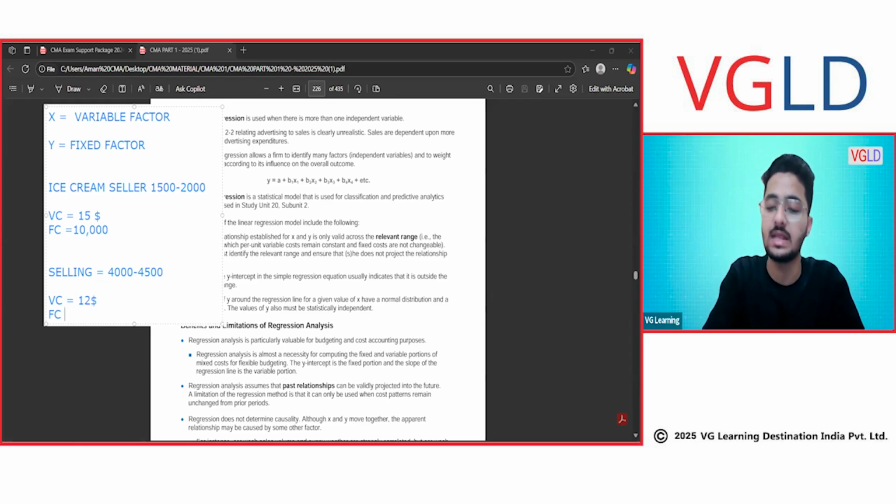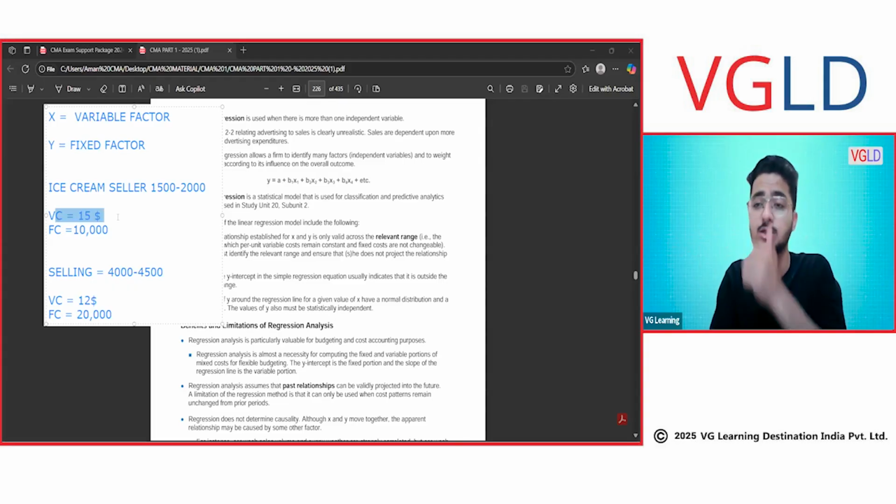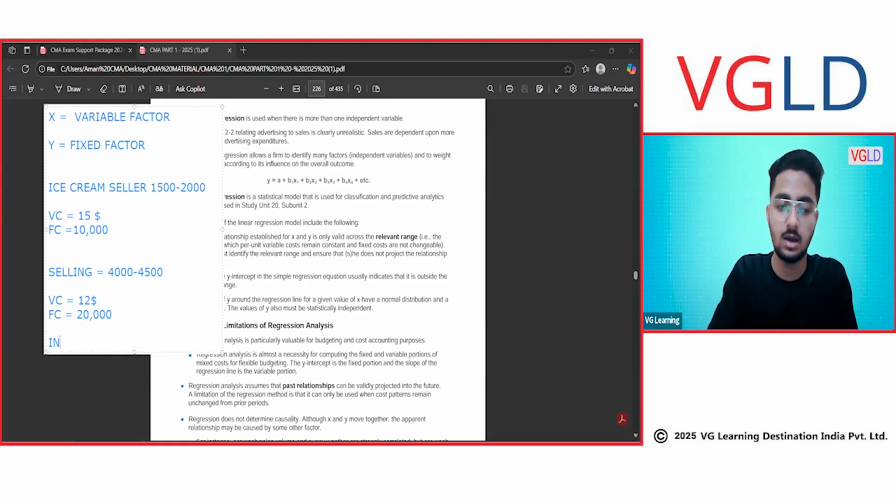And my fixed cost will increase from 10,000 to 20,000. Why? Because that car was small and now I am going for a big car. I spend more. Okay. So the reason I gave this example is that there was a relevant range of 1,500 to 2,000 where my per unit variable cost remains constant and my total fixed cost remains constant. So you all must write in your book that in a relevant range,